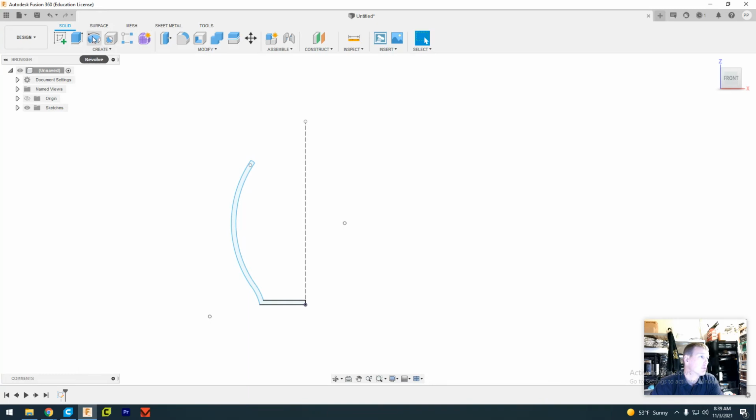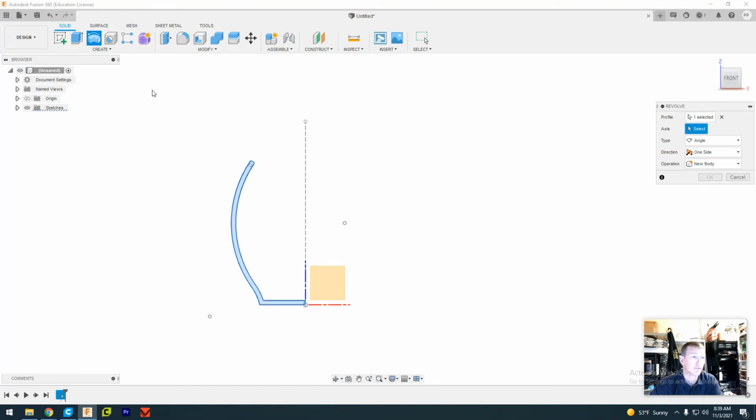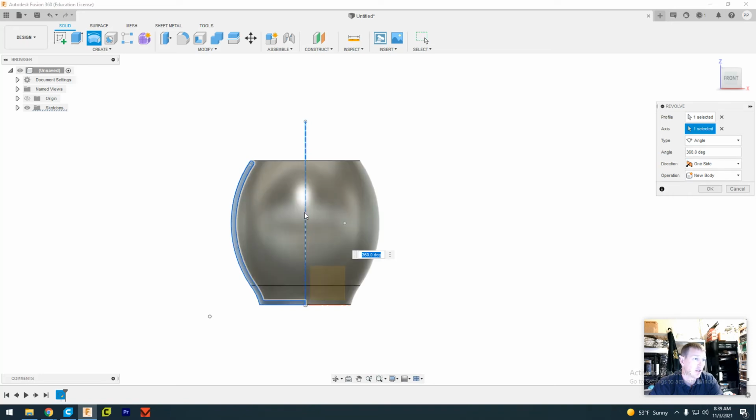And then up here on my toolbar, you'll see this option to revolve something. So I'm going to click on revolve and deselect all my profiles just so I can go from scratch. So check here, if it says profile 1 selected, hit the X, get rid of whatever you might have had selected, and then come over and click inside of this profile to make sure we have selected the thing we want. And for axis, let's click our construction line